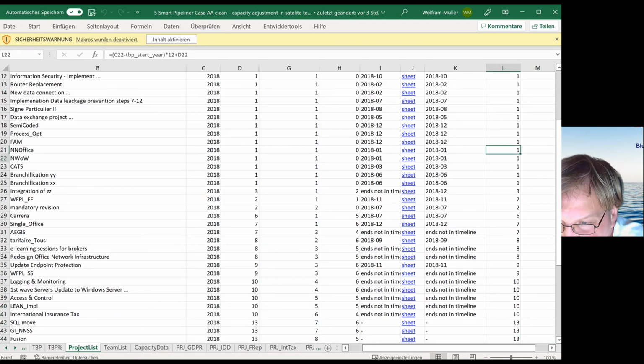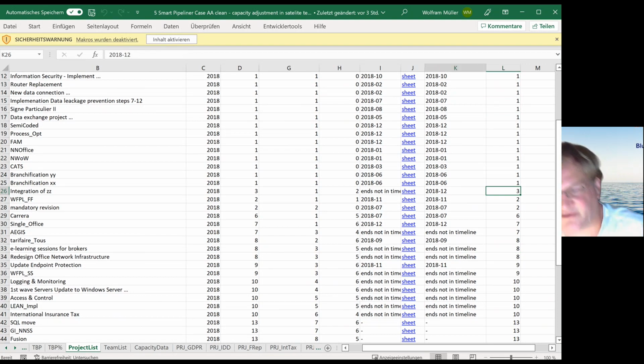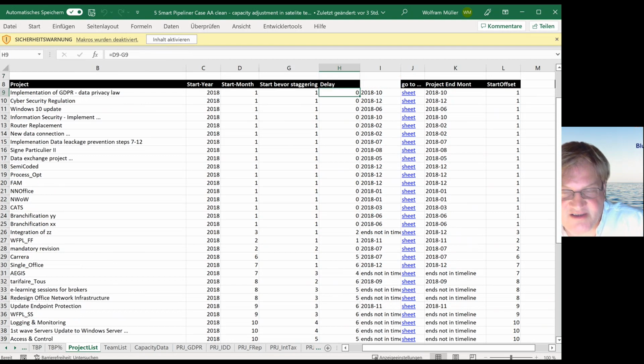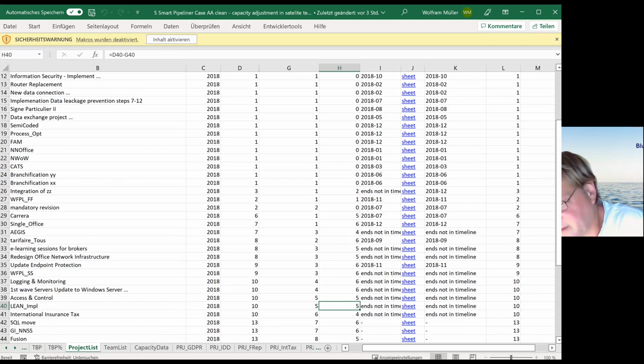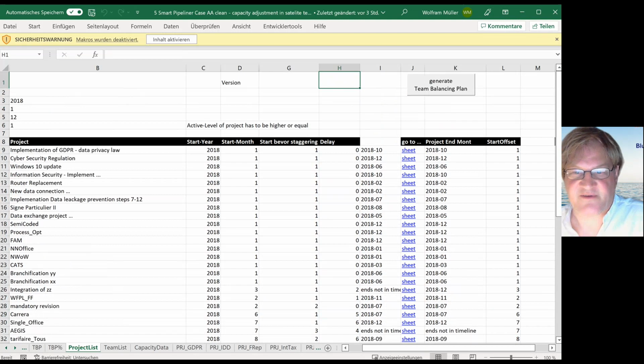So just a few projects are really postponed. Oh yes, here you see it. Here I did the calculation, the delay. So most of the important projects are not delayed at all, and some of the not so important projects are delayed, something around 4 months on average. So the delay of the project is not so heavy,